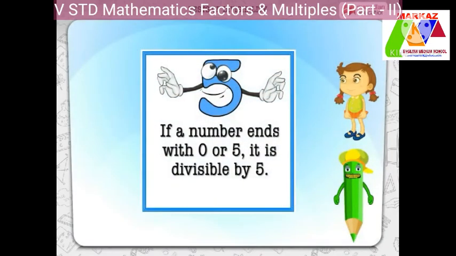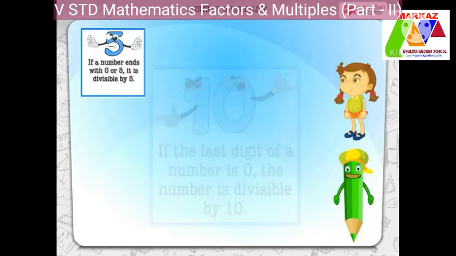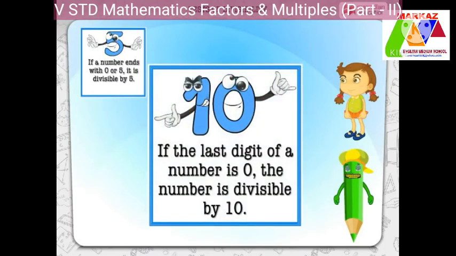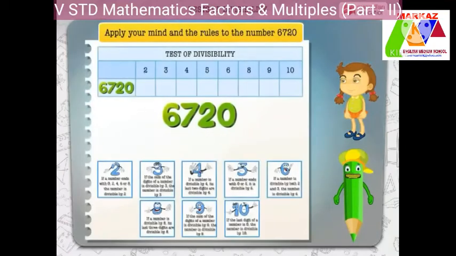If a number ends with 0 or 5, it is divisible by 5. And here is the easiest trick to remember. If the last digit of a number is 0, then the number is divisible by 10, of course. Let me give you another number to test all the rules of divisibility that you have learned. Apply your mind and the rules to the number